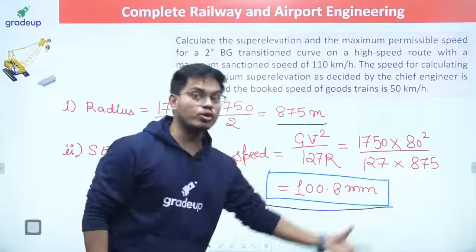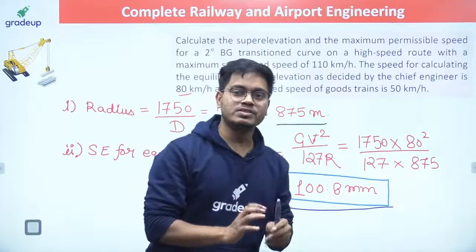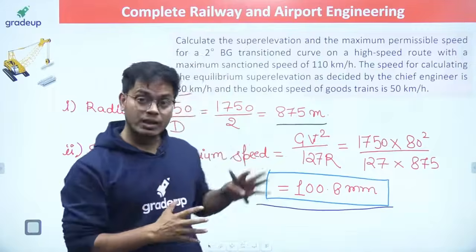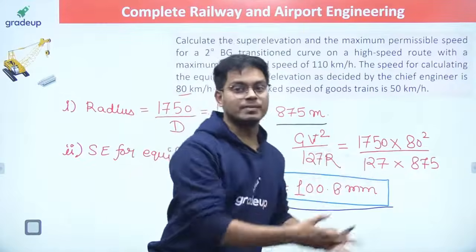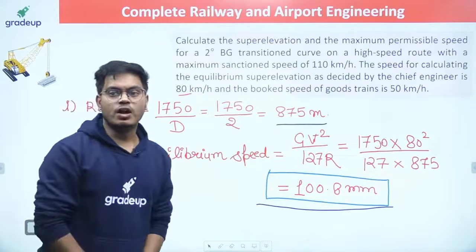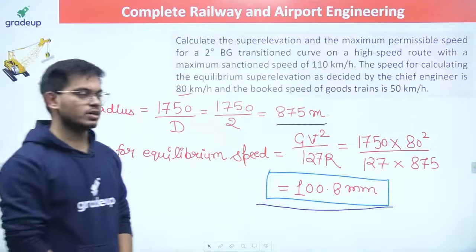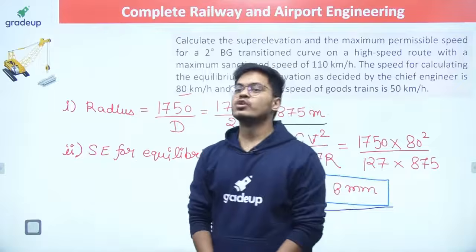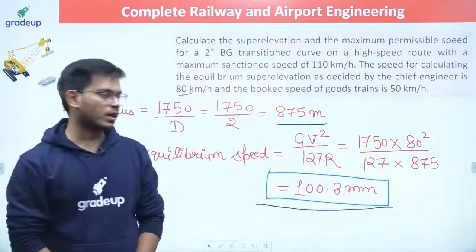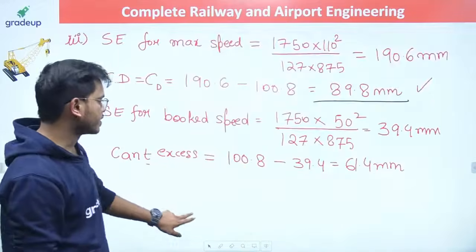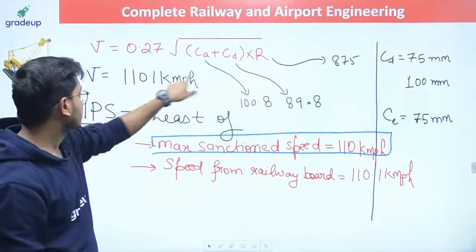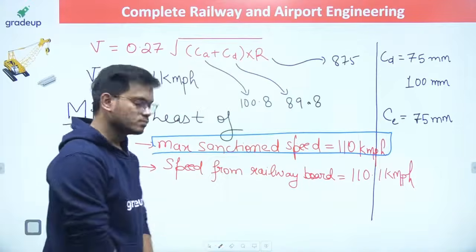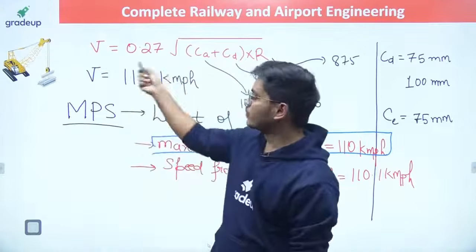Now the question which I am going to solve, there will be limits, there will be values which are going to exceed the limit. So now we should not use Martin's formula. Yes, we are not using it, because Indian Railway in the new provision has said that now we are going to use the Indian Railway formula for the velocity, and the Indian Railway formula is this for broad gauge. This is nothing but your CANT formula only.